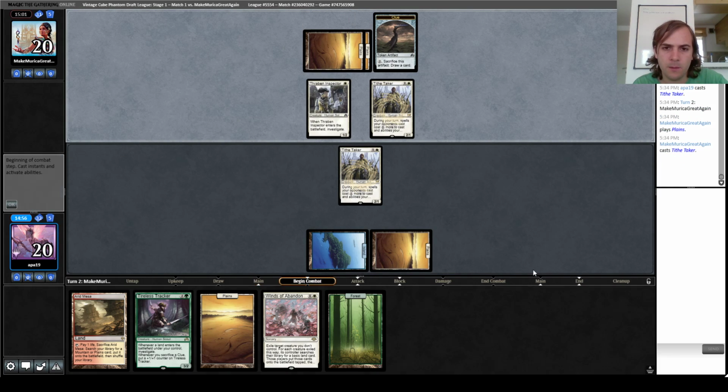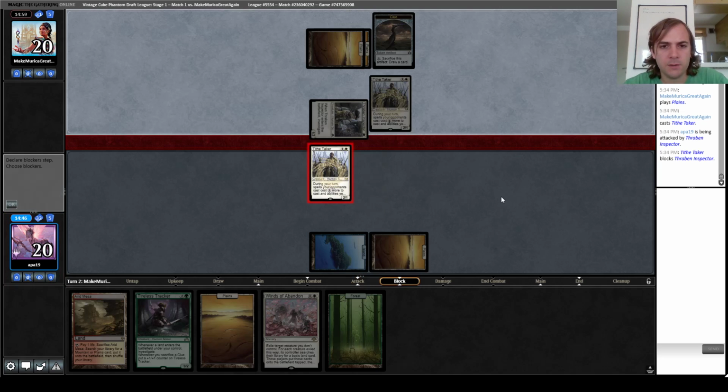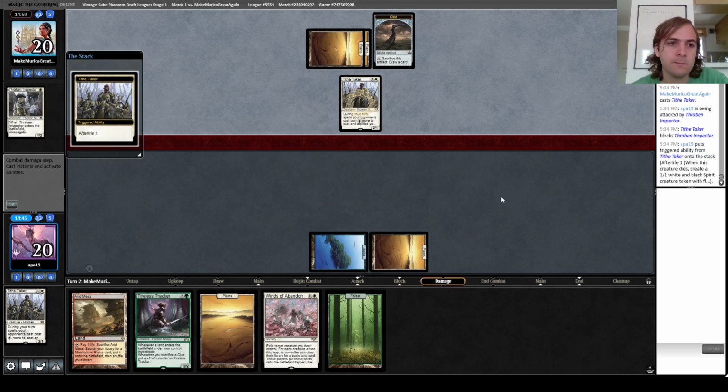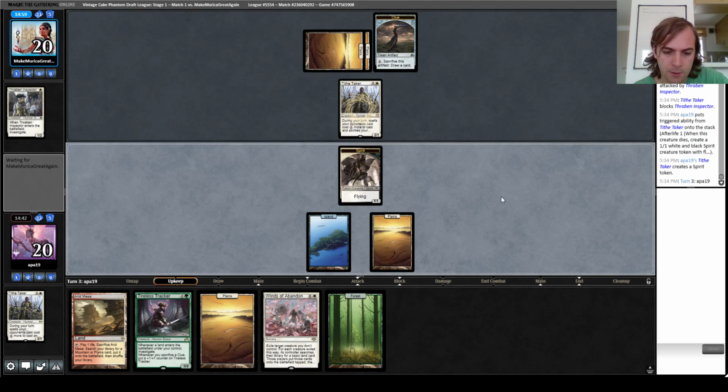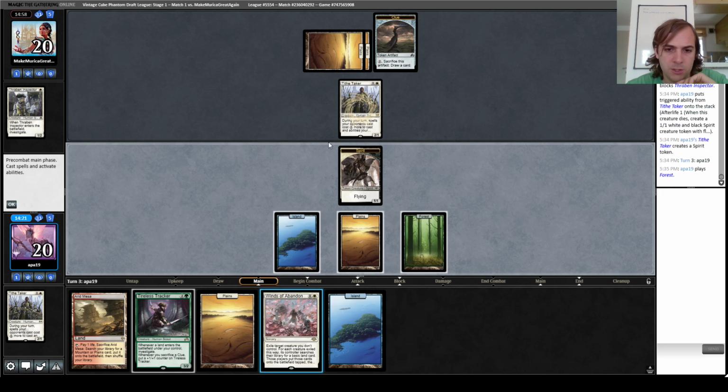Taker, okay. I'm actually thinking of trading here, because if I trade, I get a 1-1 that can trade with the Taker, so yeah, I like that. Okay. We can win the Tithe Taker. Make sure we are ahead. And that works better because I want to play this on 4. I don't want to play it now and make it die to removal, so yes, I'm going to do that. It's kind of a shame, but...